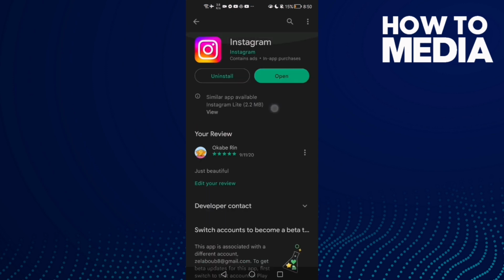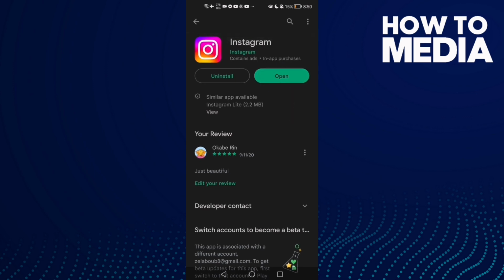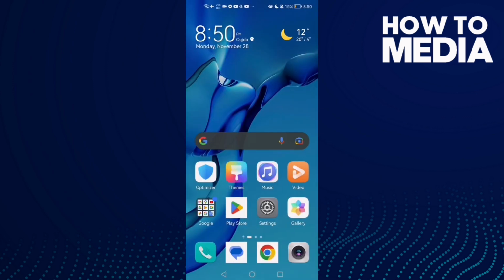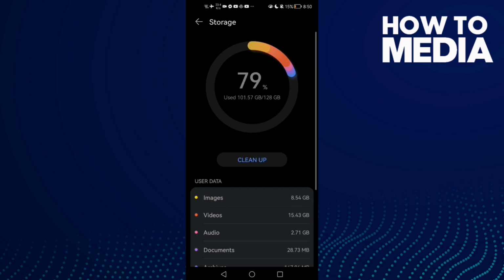Open Play Store and then make sure your Instagram is updated. Just you will find here update and click on it, and that's it. It's easy. And if that doesn't fix your problem, go to settings, scroll down until you find storage, then just